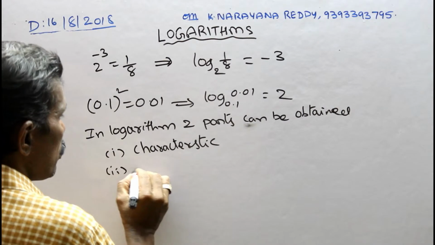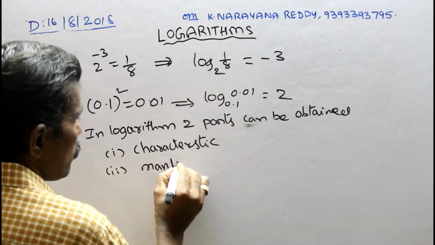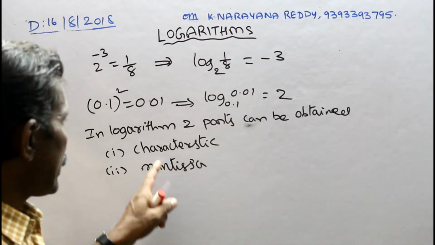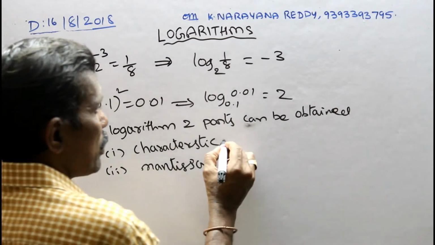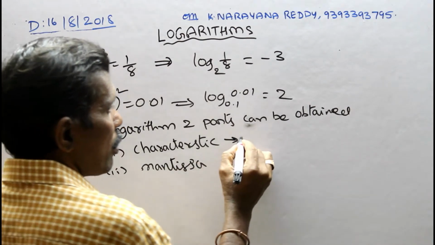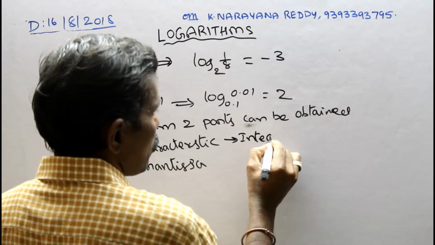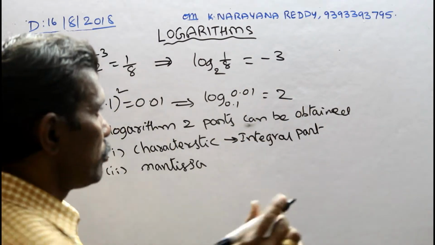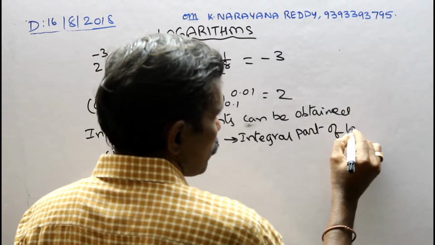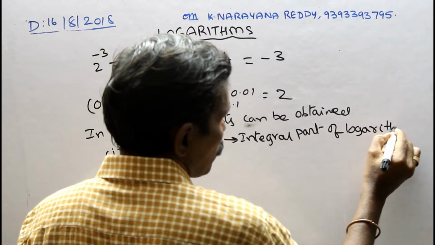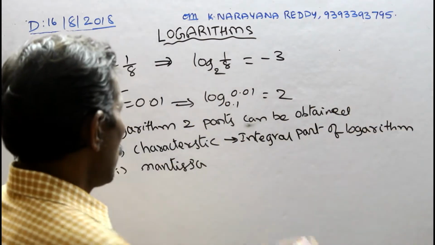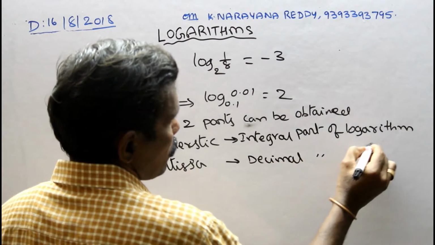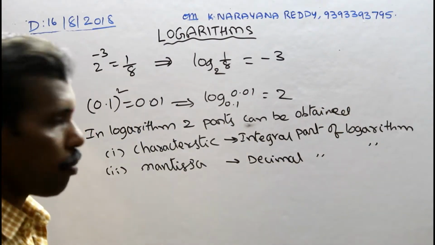Number two is Mantissa. Very, very important point, this one. What is characteristic? What is Mantissa? Characteristic is nothing but the integral part of the logarithm. Mantissa is the decimal part of the logarithm. That's all, simple. Integral part, decimal part. Example,